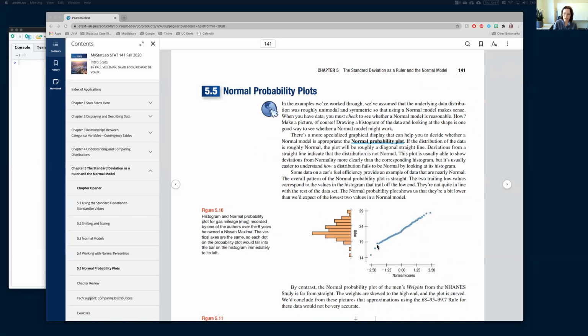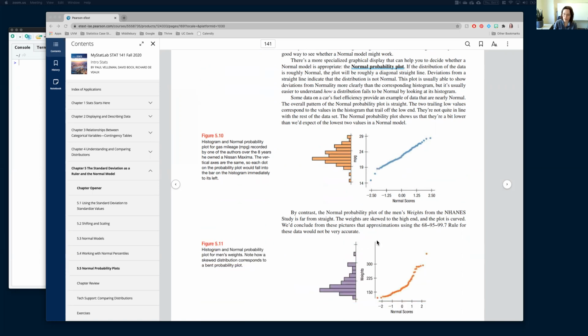And then we also might look here at what I call the QQ plot, or the normal probability plot, okay? What we're hoping for here is if it's really perfectly normally distributed, all of these points are going to fall in a perfect line. Now this one isn't perfect. We've got a few points that maybe drop off here at the bottom tail, and maybe some weird things happening here. But in general, I'm seeing a pretty straight line there with the points,